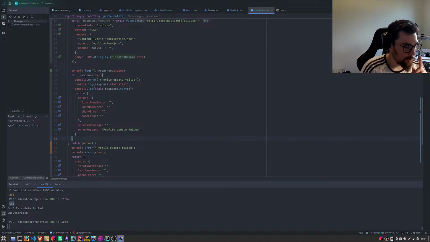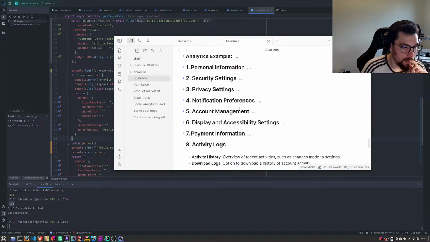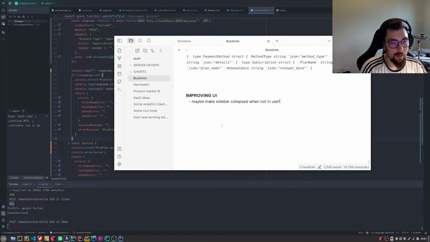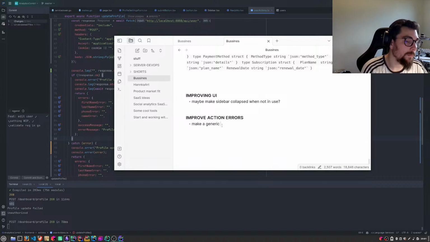Also, to do: improve, make a generic error handler.